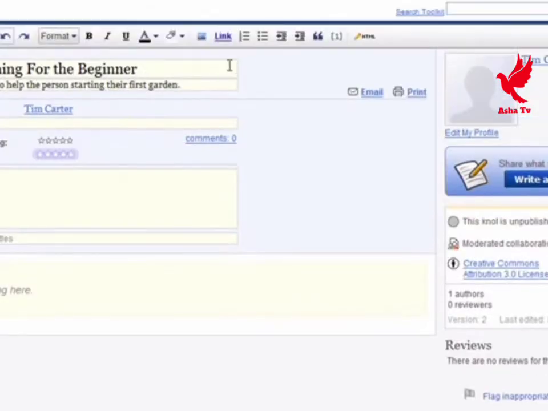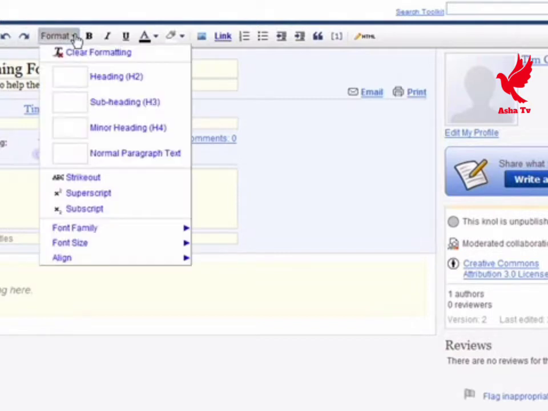Now before we start writing, let's go over the tools we have at the top. These are self-explanatory. Save will save the contents of your knol. Close will close it. This is an undo and a redo. These are your formats here. If you click on that,